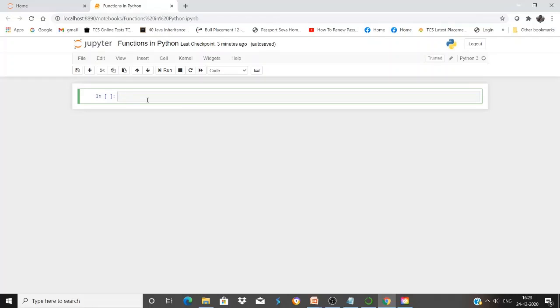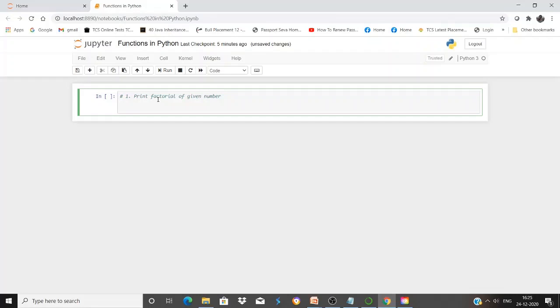So let me give you an example. Let's say a person has given you a number and asked you to do three things. The first thing is print the factorial of the number. Print factorial of the given number. Second thing is